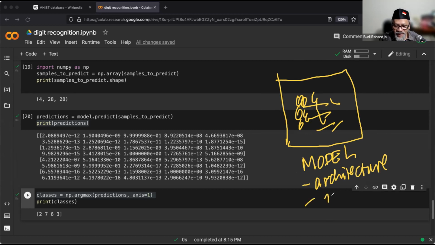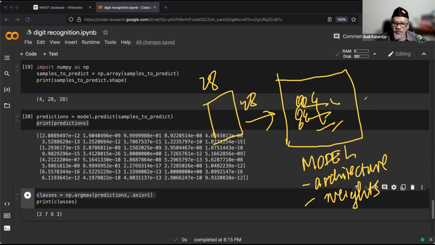And the weights, because of the learning, it's basically setting the weights. So once we have this model, once we finish training, the input originally is a 28 by 28 pixel input, and then the output will say, this is the number 7, for example, if you give it a 7.